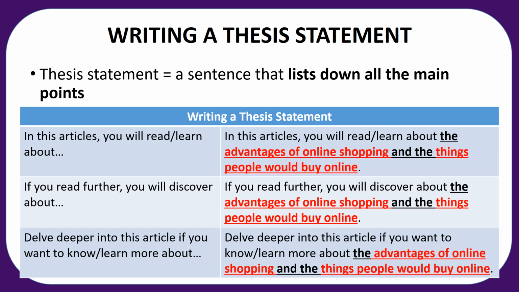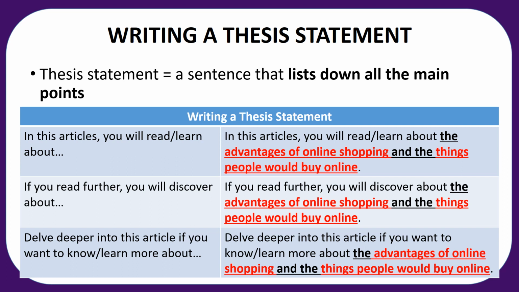Here are some suggestions. First one, in this article, you will read or learn about, and then what is it? For example, in this article, you will read or learn about the advantages of online shopping and the things people would buy online. Another way to write this is, if you read further, you will discover about, and then whatever it is. For example, if you read further, you will discover about the advantages of online shopping and the things